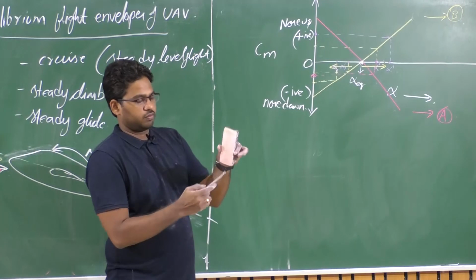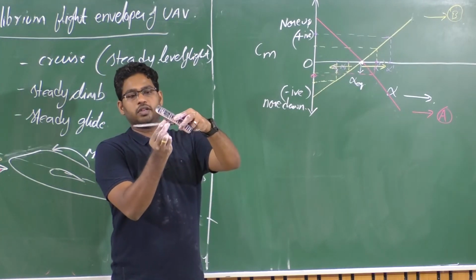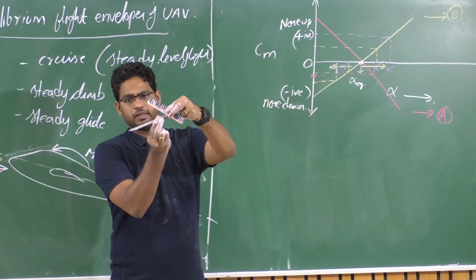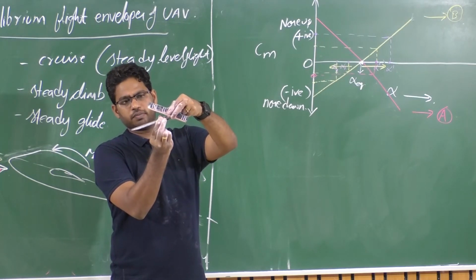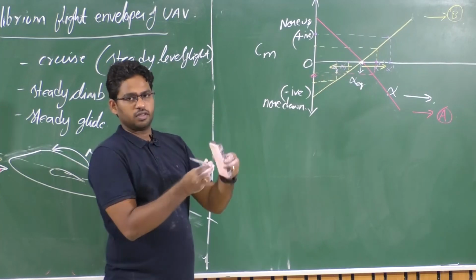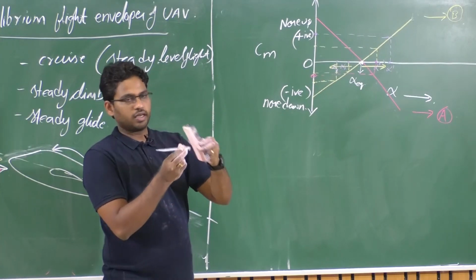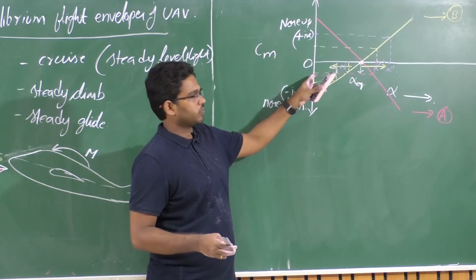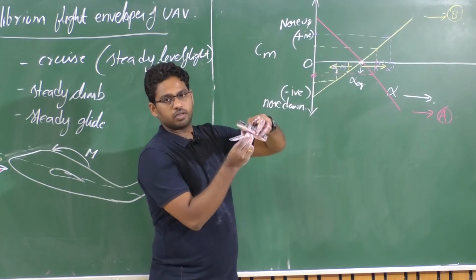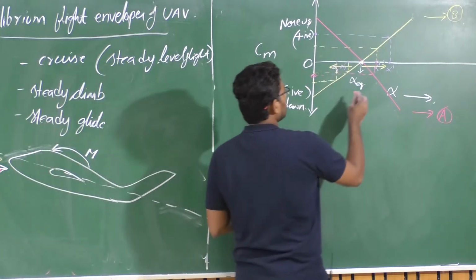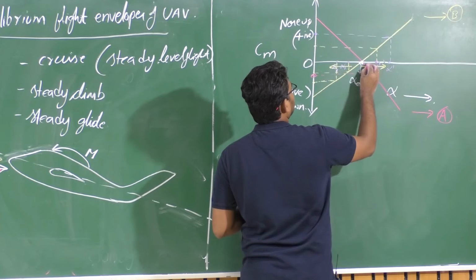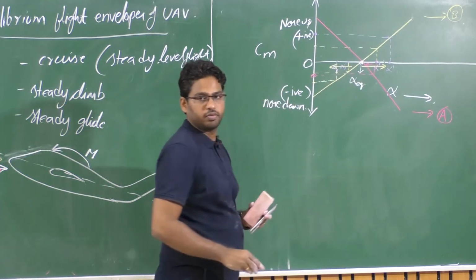So we have initially this particular orientation, and due to external disturbance there is an increase in angle of attack. This produces a pitch down moment that decreases it, right? So the increase in angle of attack from this curve will produce a negative moment. That means the aircraft will try to pitch down, and this pitch down will decrease the angle of attack, which helps you to move towards the equilibrium.